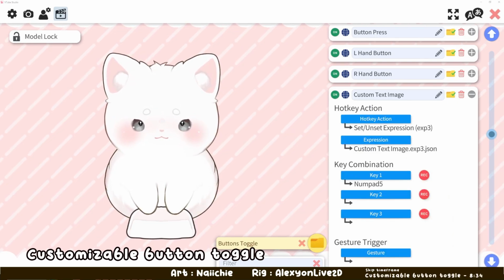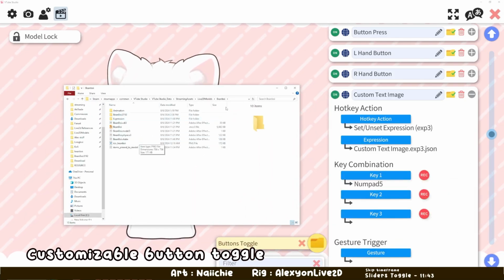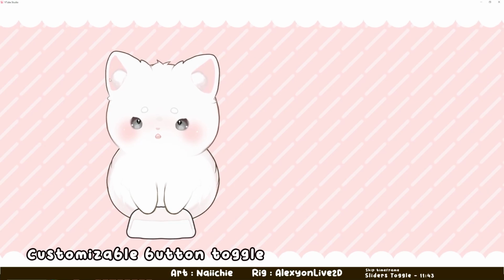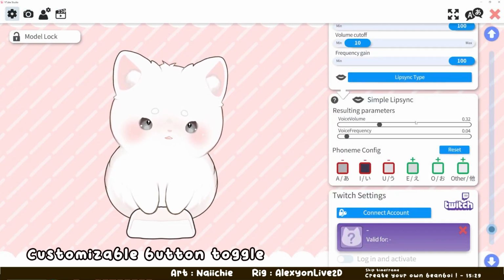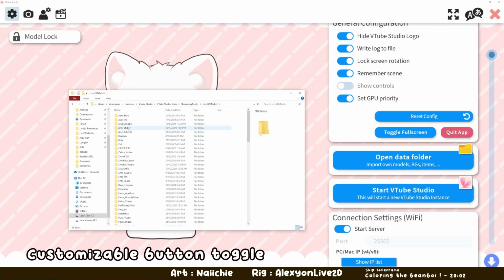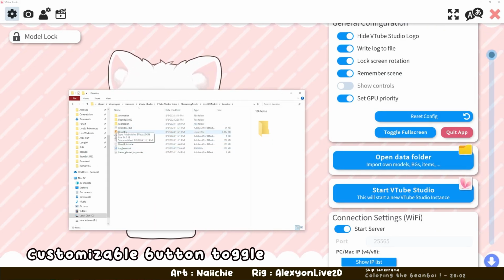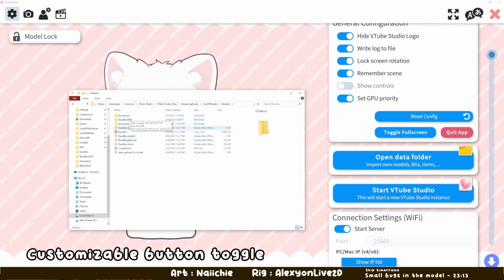When you locate your file, as I will show you how to locate it. You go to setting and then you go to here, the top, and then open data folder and then Live2D, find the Beanboi file that you export into it. Import into this and stuff, and then you go to here,